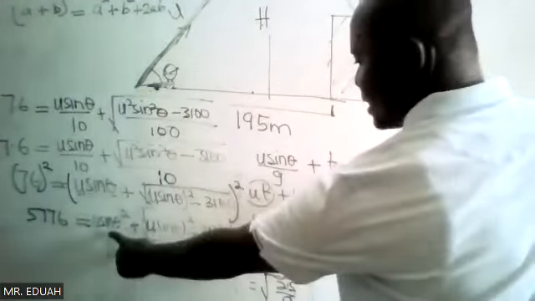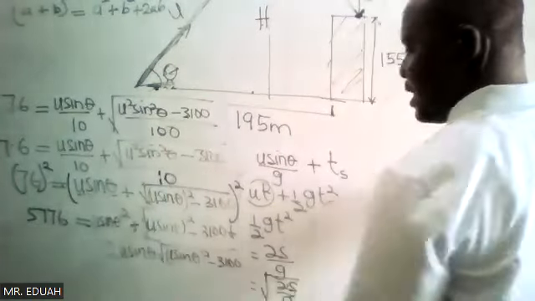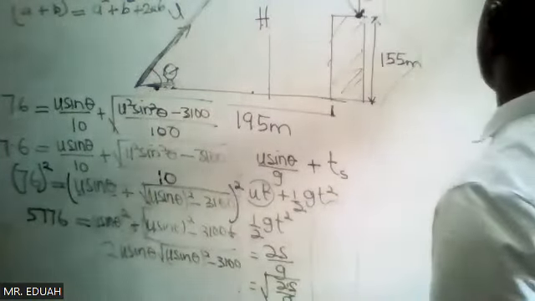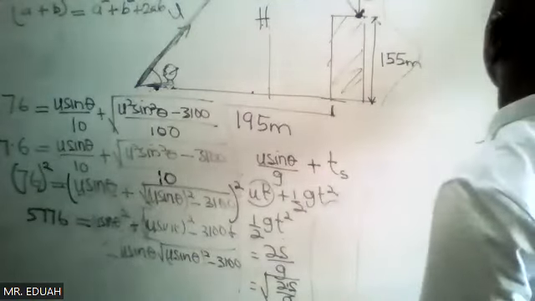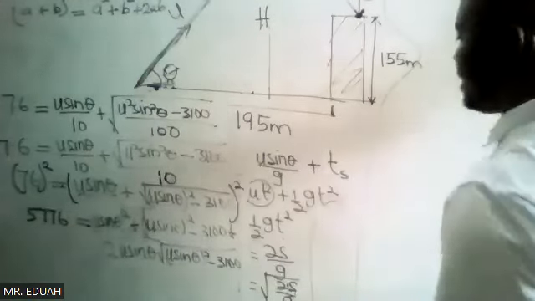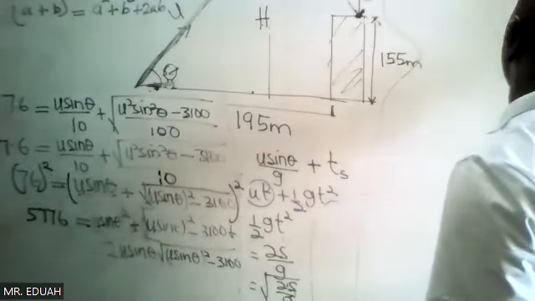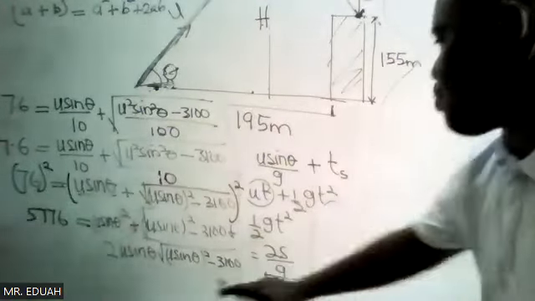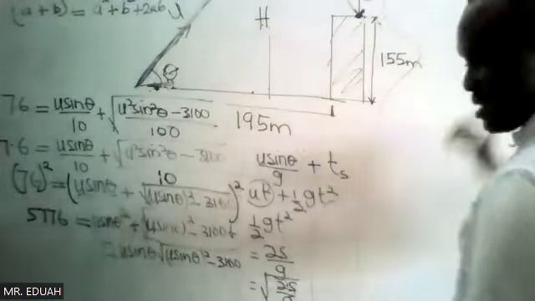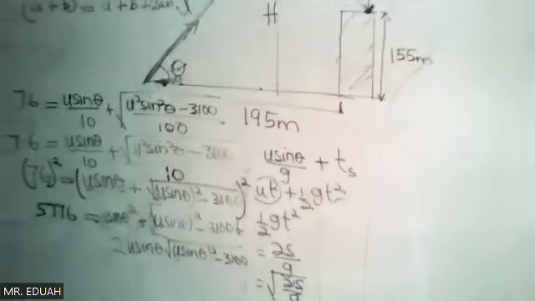Then we have u sine theta squared plus another u sine theta squared, which is equal to 2 u sine theta all squared, plus this lengthy